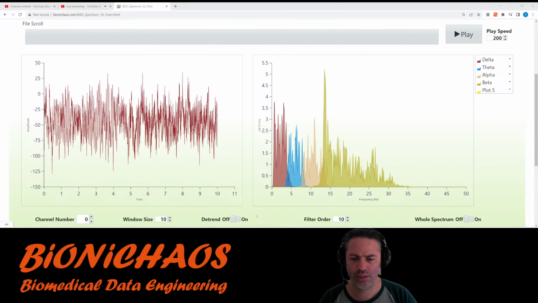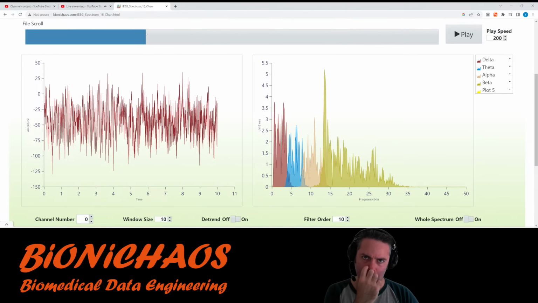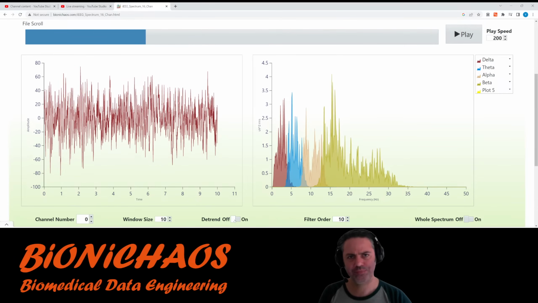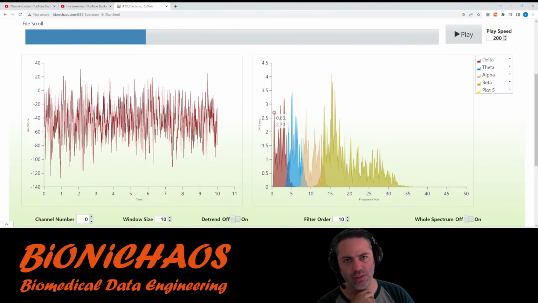Okay. As you can see how the trending works, just removing that extra frequency component there. In this case, set to half a hertz.